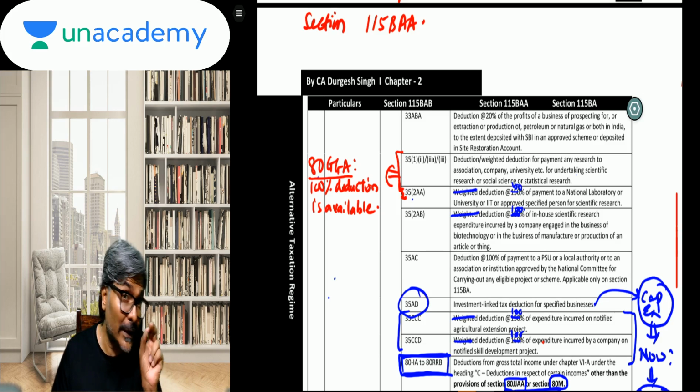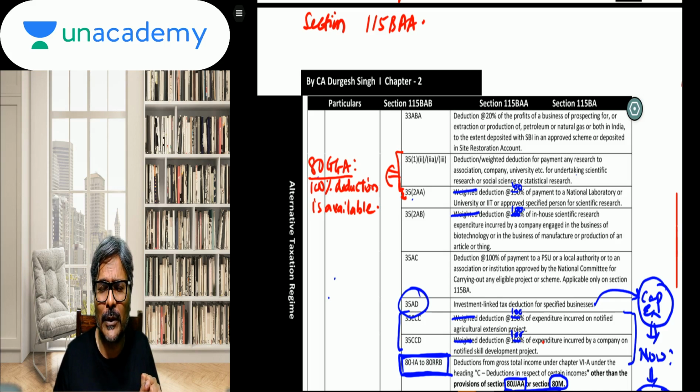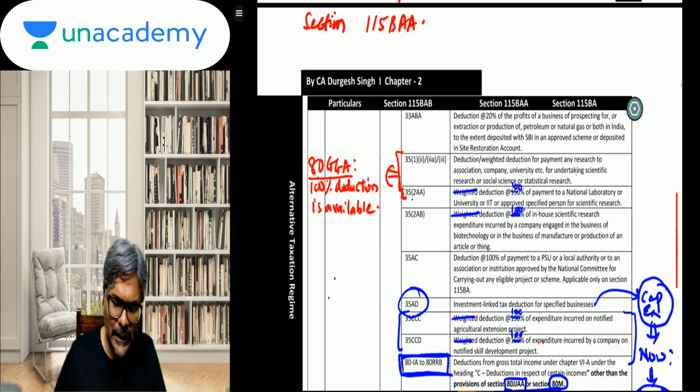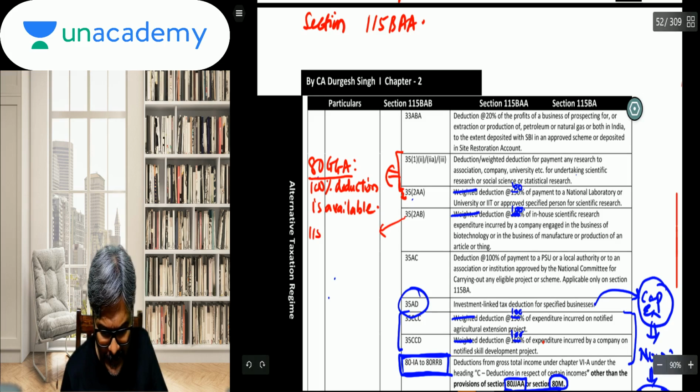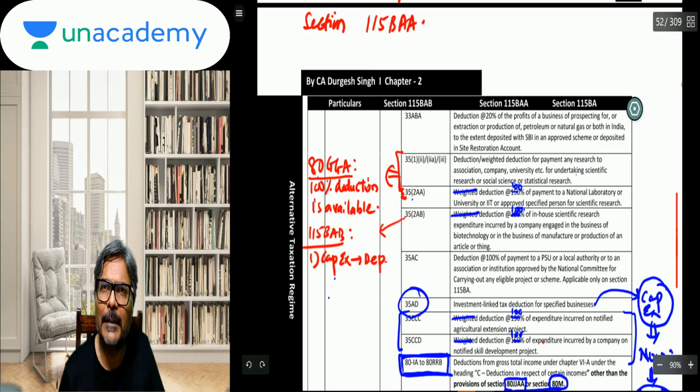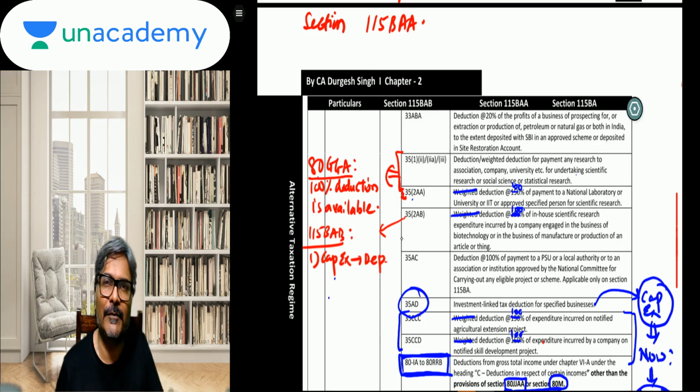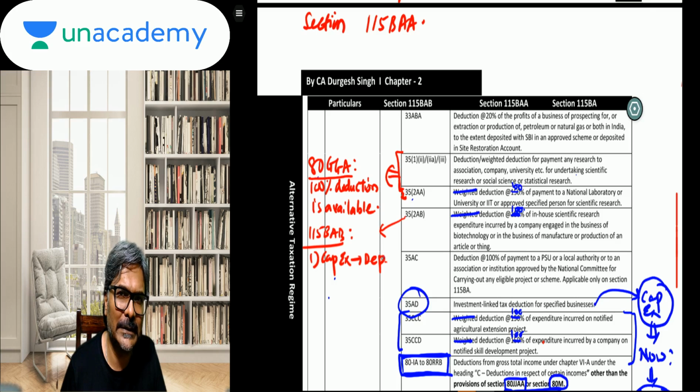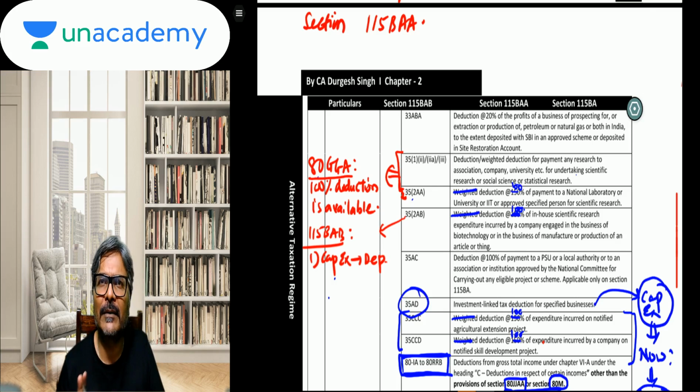Now you have to think like this, students: if you are opting out from 35(2AB), what is the alternate option that is going to happen? If you are opting for 115BAB, then what is the treatment that you now need to take into account? In 115BAB, the capex in this situation will qualify for depreciation. The capital expenditure for which, in the normal scheme, you get a full deduction of the capex, here you will get in the form of depreciation.